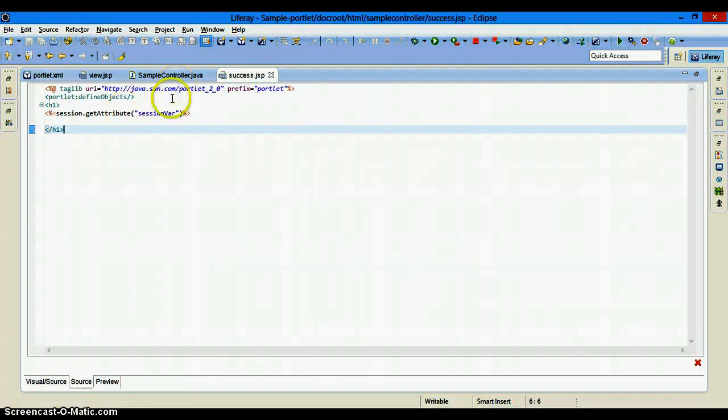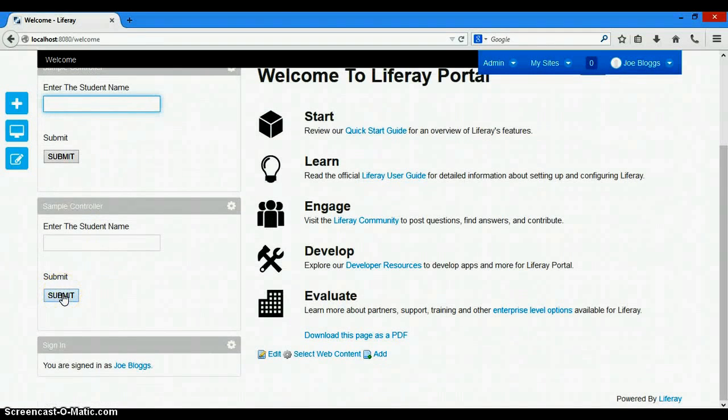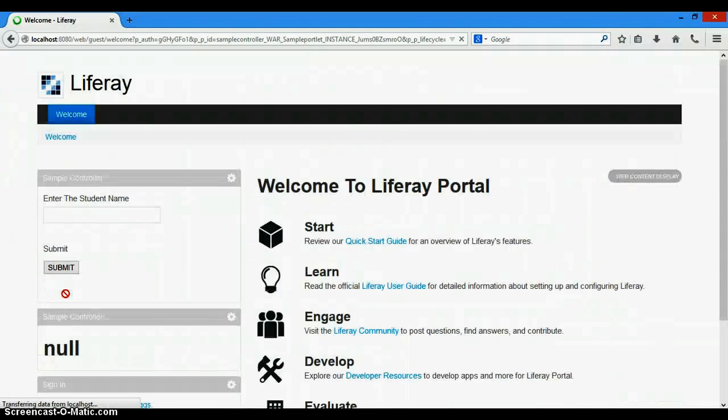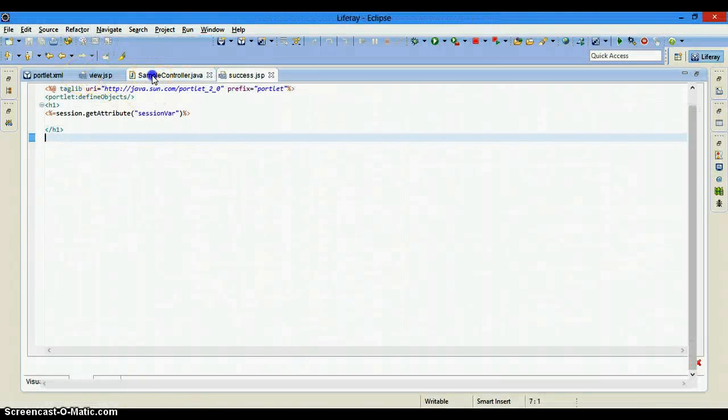So now let us fire something from here. I'm firing an action method from here. Let's not fill up the values here. So there you go, which is null actually. Why?